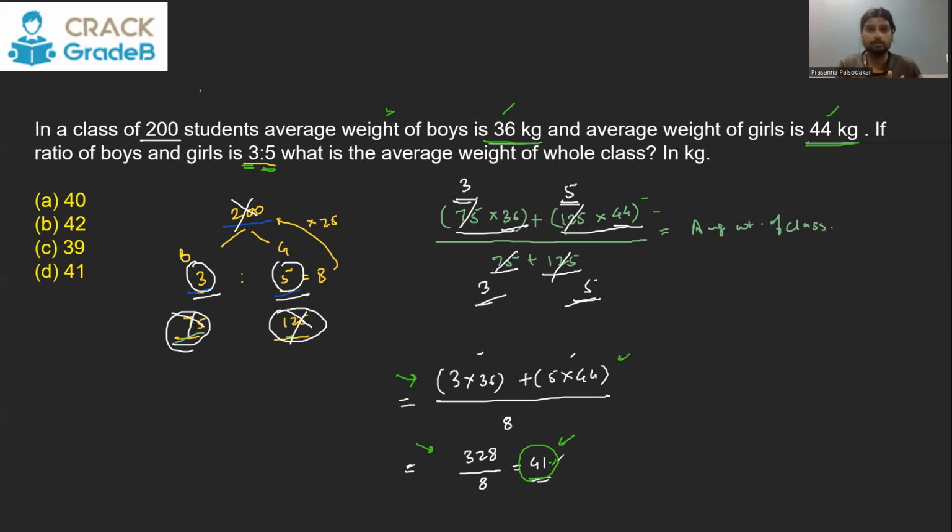So 2 groups, or the groups can be any, they are getting their own rates. Rates in this context is the average weight. They can be profit percent, they can be simple interest, rate of interest, they can be speed. Of course, you'll require practice to understand what the different types of rates are. So 2 groups in quantities getting their own rates, and you have to calculate the resultant rate.